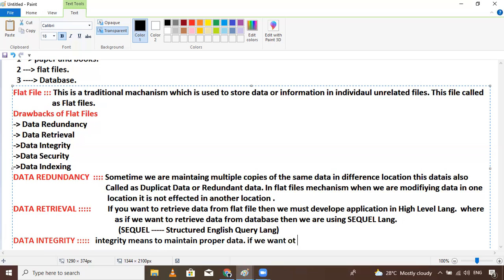If we want to maintain proper data, proper data standard, then